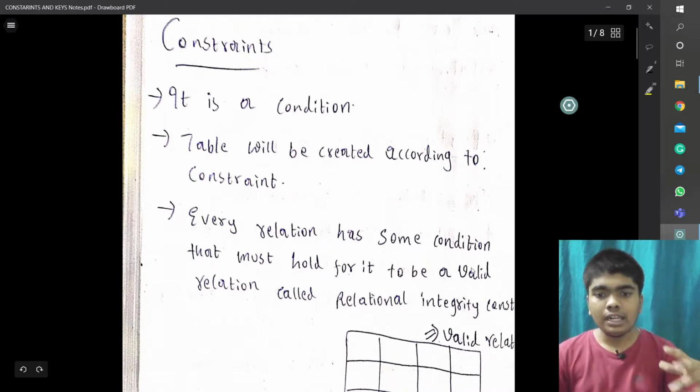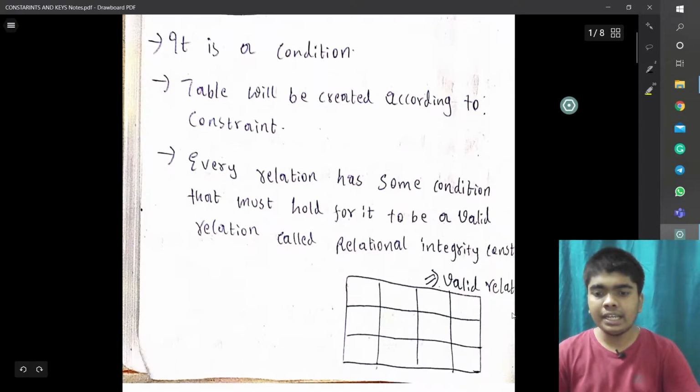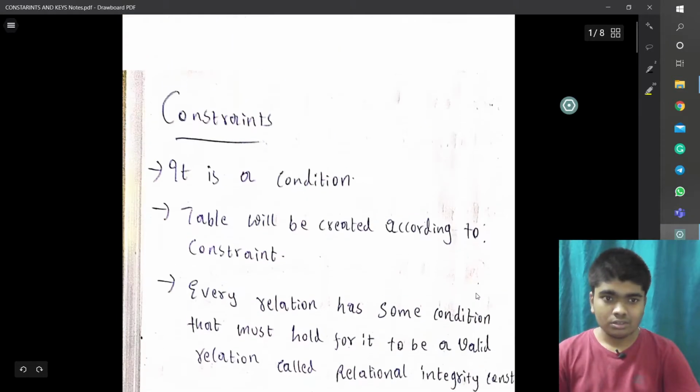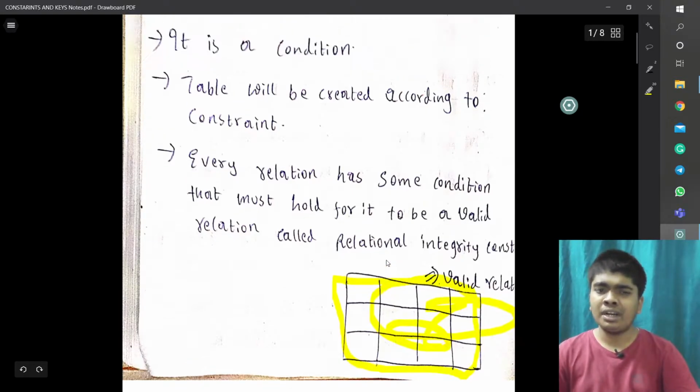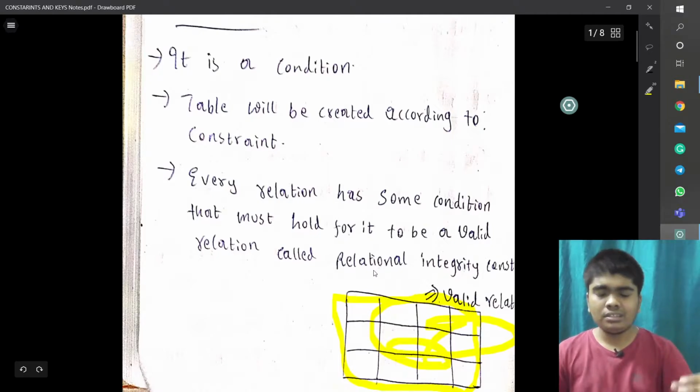Every relation has some condition that must hold for it to be a valid relation, called a relational integrity constraint. To define whether a table is perfect or not, there are some conditions it should satisfy.